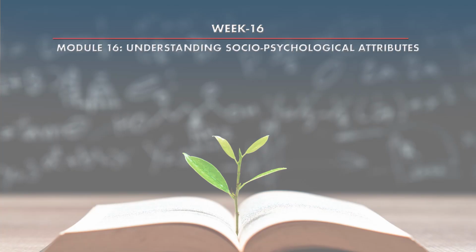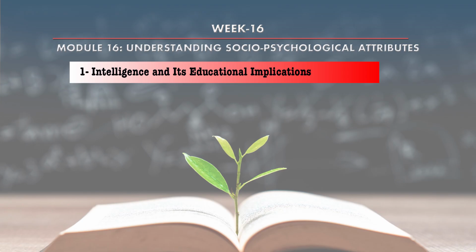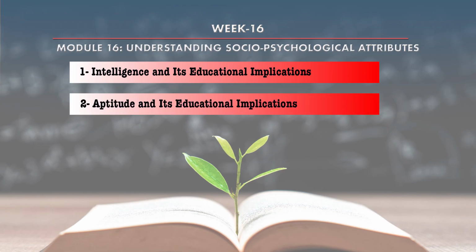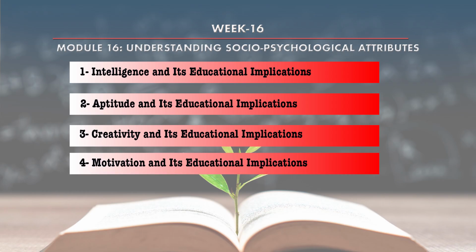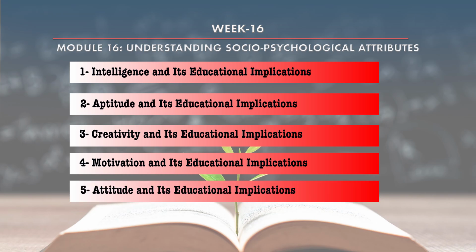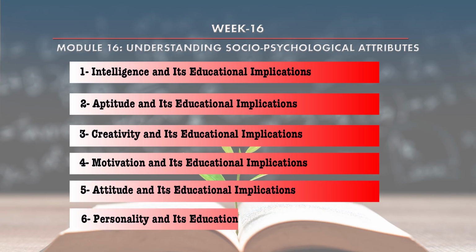Friends, presently we are in the 16th module. The title of the module is Understanding Socio-Psychological Attributes, and in this module 6 important lessons are there. I am just going through this lesson. The first is intelligence and its educational implications. Second lesson is aptitude and its educational implications. Then creativity and its educational implications, motivation and its educational implications, then attitude and its educational implications, and personality and